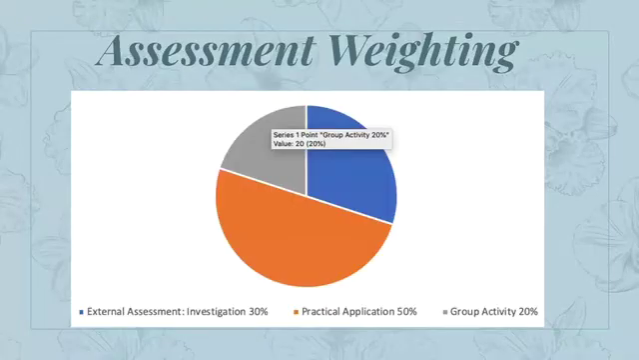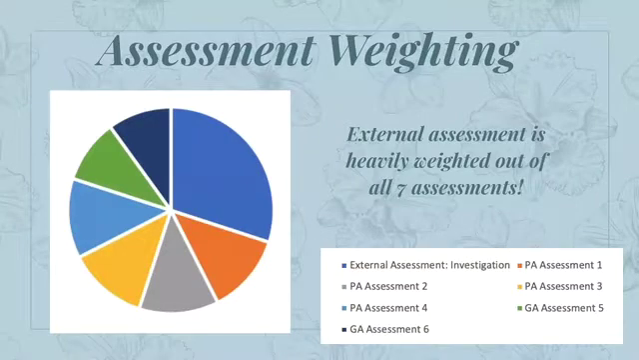Looking at it that way, it looks like the practical application is the most, then the external investigation, then group. But if you break it down into each assessment, group assessment is 10%, practical assessment is 12.5%. So that's a very small fraction of your grade for one assessment. Your external assessment is 1 assessment, and that's how big of a chunk it is. So if you get A's for this and a C for that, it's going to bring your whole grade down massively. Right, so I just wanted to show you how big this assessment is, not to stress you out, not to overwhelm you,